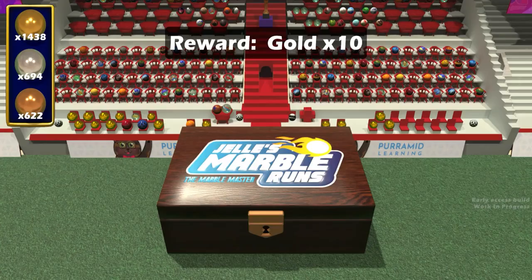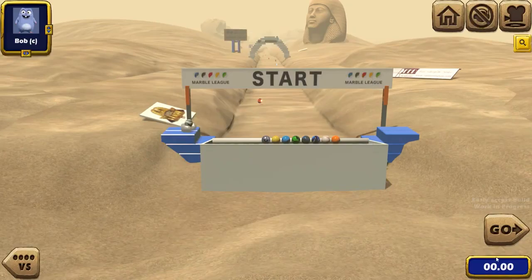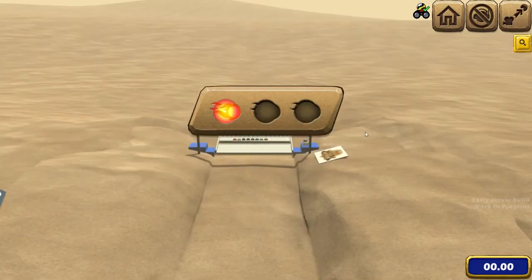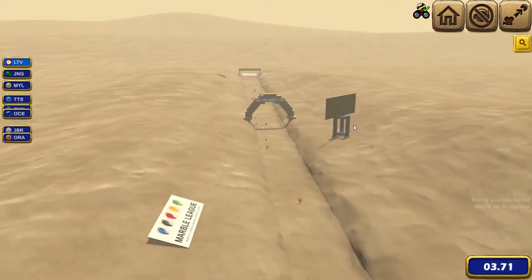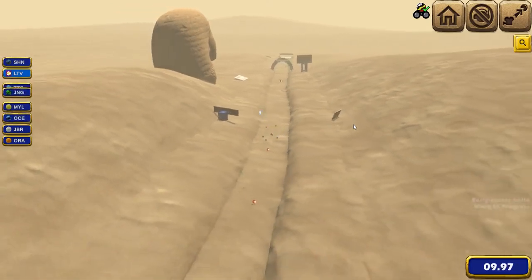So we go down and we get 10 gold because we won that race, as you just saw. We've only got 2 talisman left, and I can see one right at the distance there, which we'll have to look out for. So I'm going to zoom out quite far. This will help us see where the talisman is in advance, but also makes it harder to actually see where we are